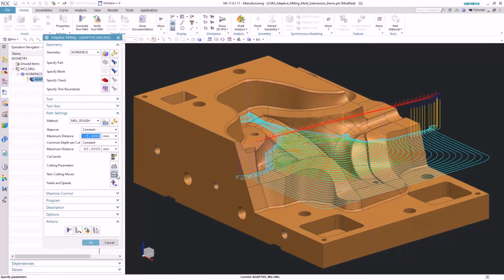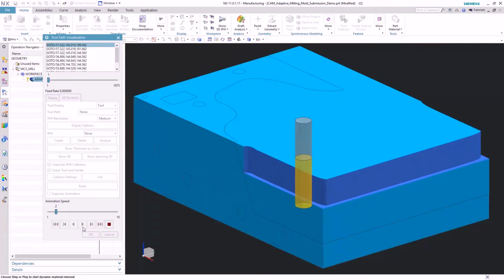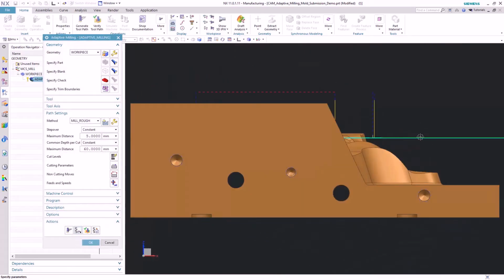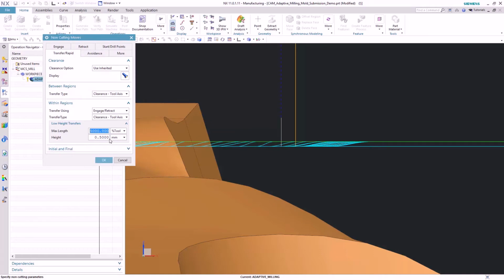Connecting the cut motions with the new low-height transfer moves makes it even more efficient. The tool lifts just slightly in tool axis direction to position the tool for the next cut without scratching the floor. Very beneficial for our users are not only the different cut patterns, but also the